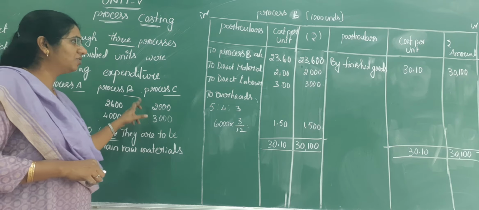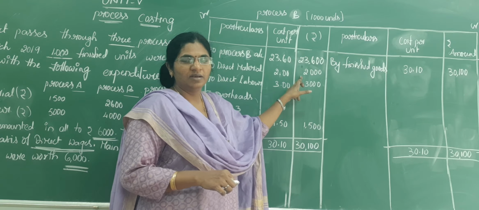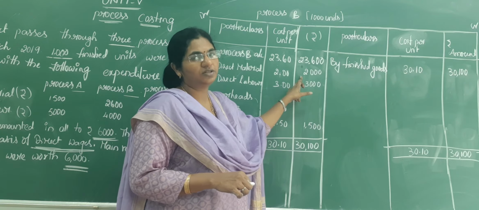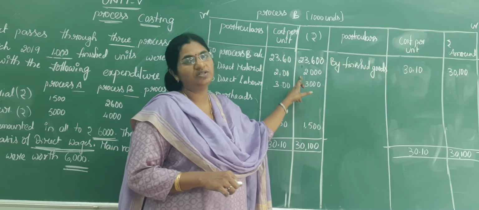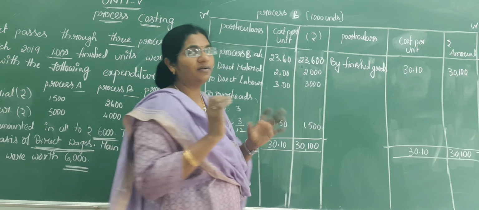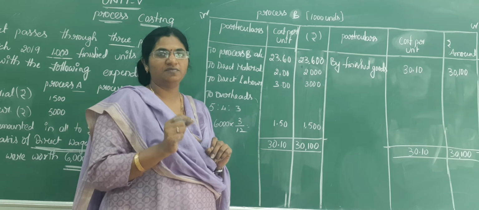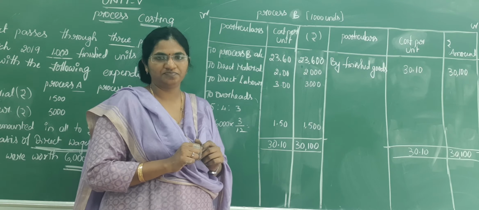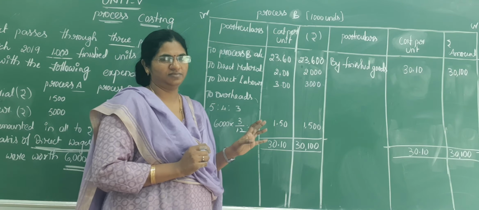Was the value of 2,000. So write the 2,000 rupees in the amount column. This 2,000 is for how many units? 1,000 units. For 1 unit, how much is the direct material cost? 1 unit cost is 2 rupees. See, 2.00. Why have I put 0? Because paisas are there, 60 paisa, 50 paisa, they are like that. So put a 0 to avoid confusion, right?